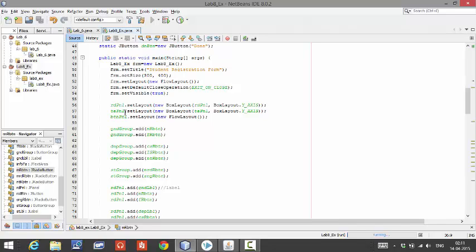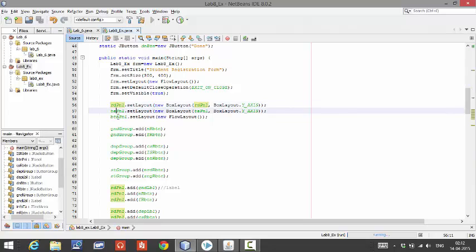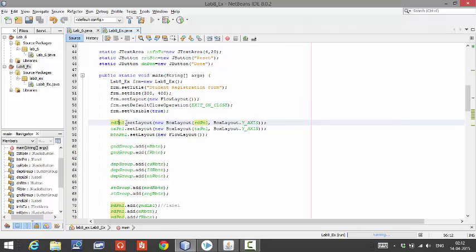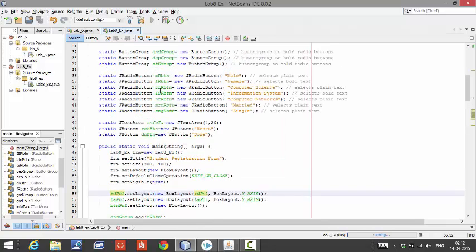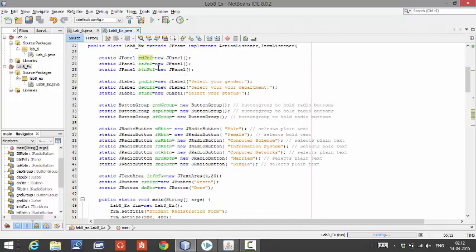Now here we are setting the panels with a different layout. So it is also possible for you to rearrange the components inside the window with a different layout and have one general layout for the whole window. So here we have a panel, which is this panel that we have created here,